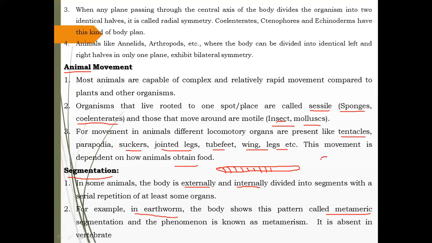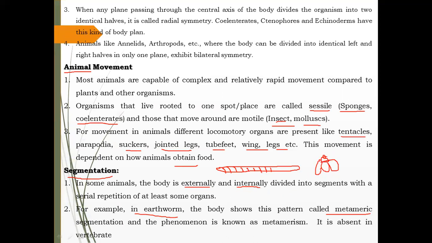Here I will make a diagram of a grasshopper. This is the head, then the thorax, then the abdomen. Such a body structure is present on the grasshopper. You can easily observe